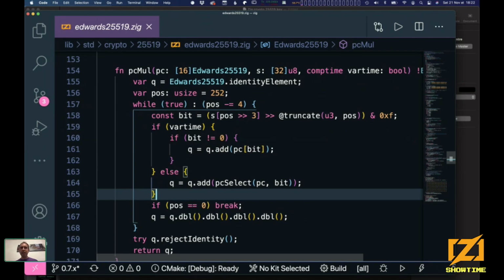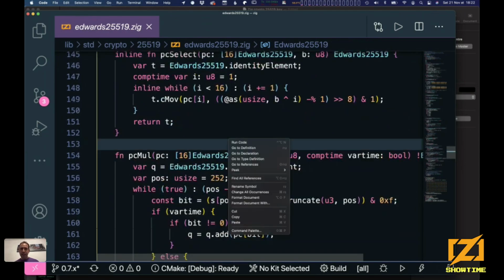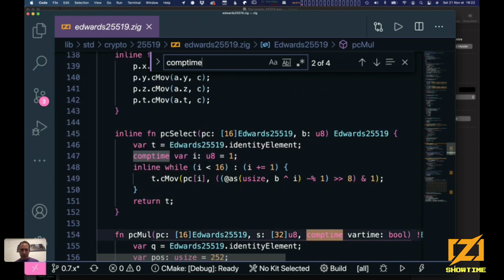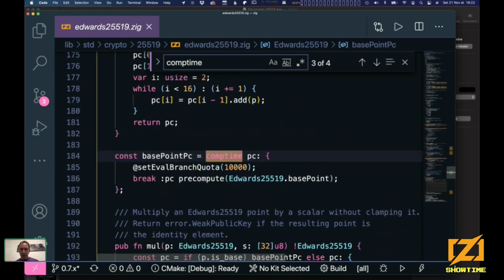Everybody's going to use the same. So we can already have a pre-computation table ready for this base point. This is going to make things a little bit faster if we reuse it. And traditionally in crypto libraries, you're going to find very long arrays with all the pre-computation tables hard-coded. This is super ugly. But because this is Zig, this is how the pre-computation table looks like.